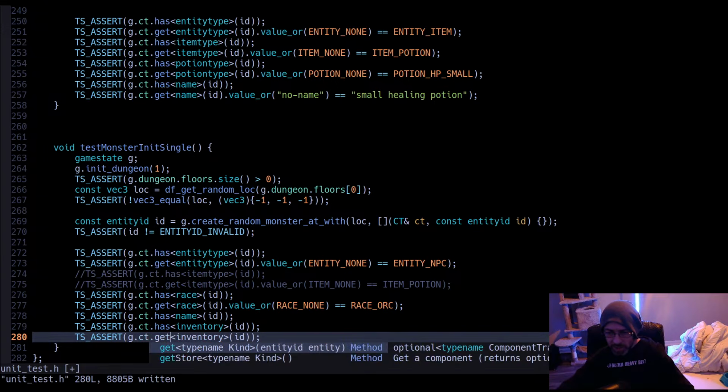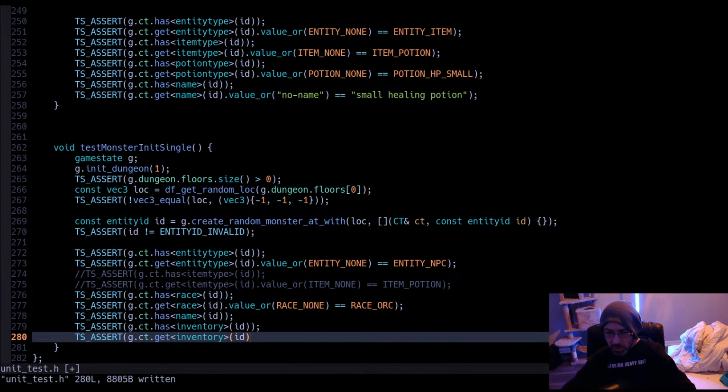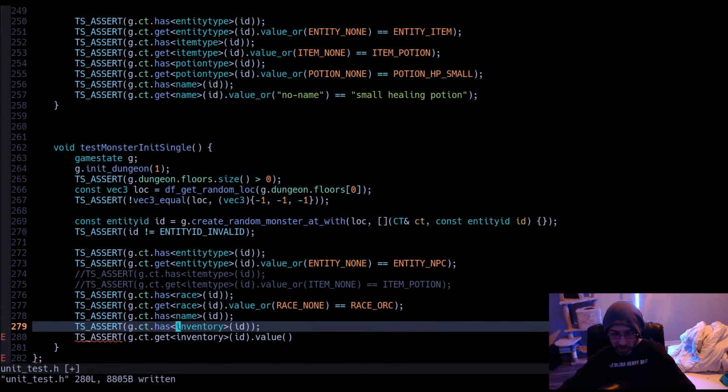And if we get that inventory, so getting the value of that, what is an inventory again?